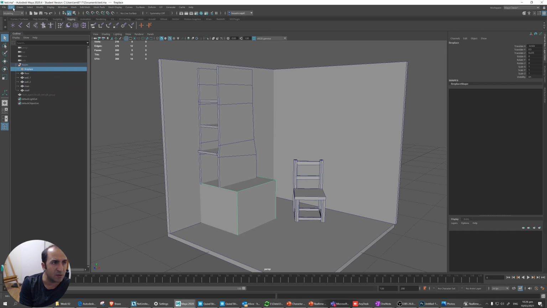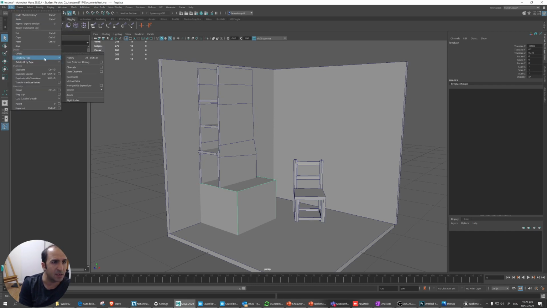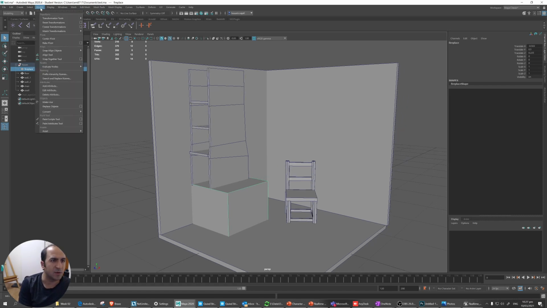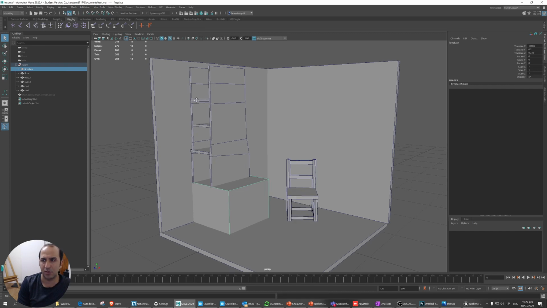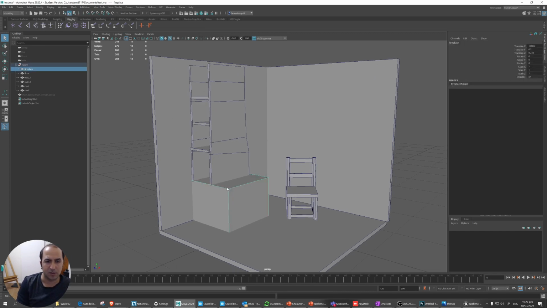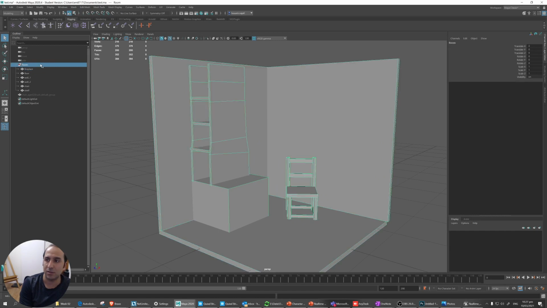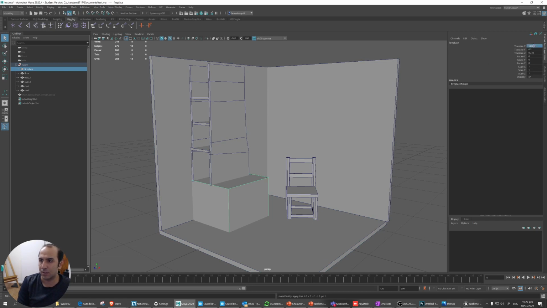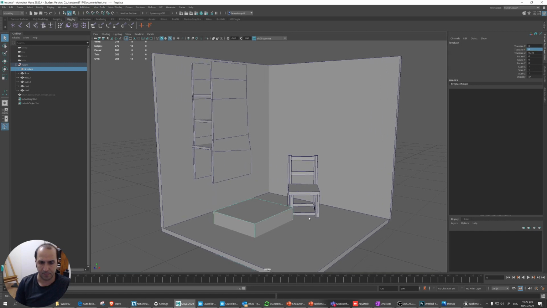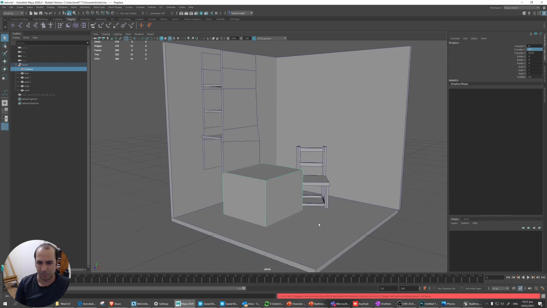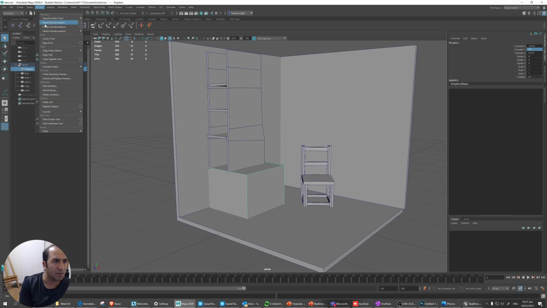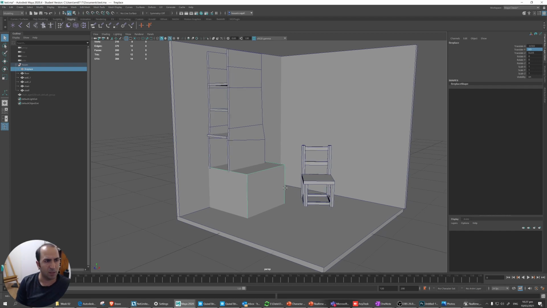If it doesn't work, go to Edit, Delete by Type, History, and also Modify, Freeze Transformation. This transformation seems to still not be getting frozen. Anyway,